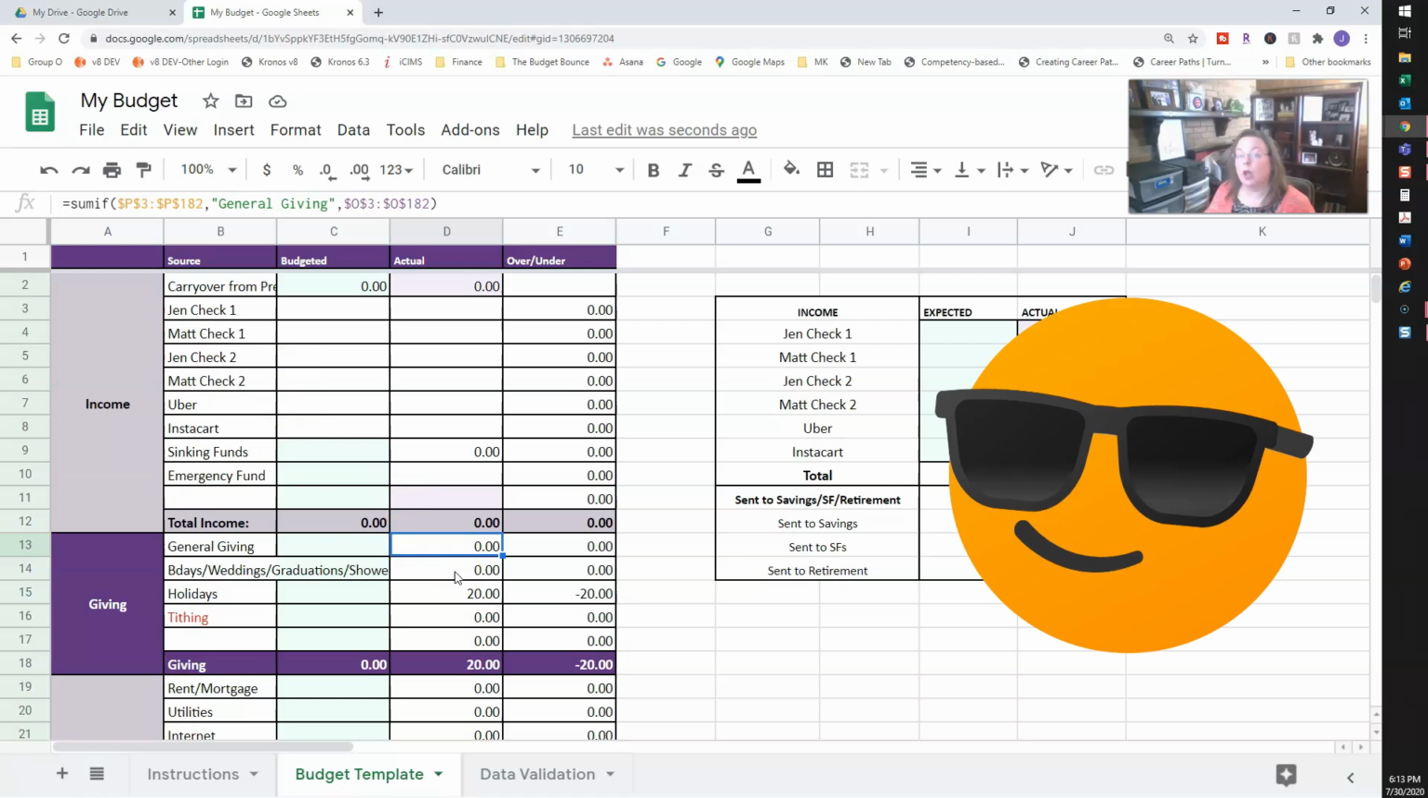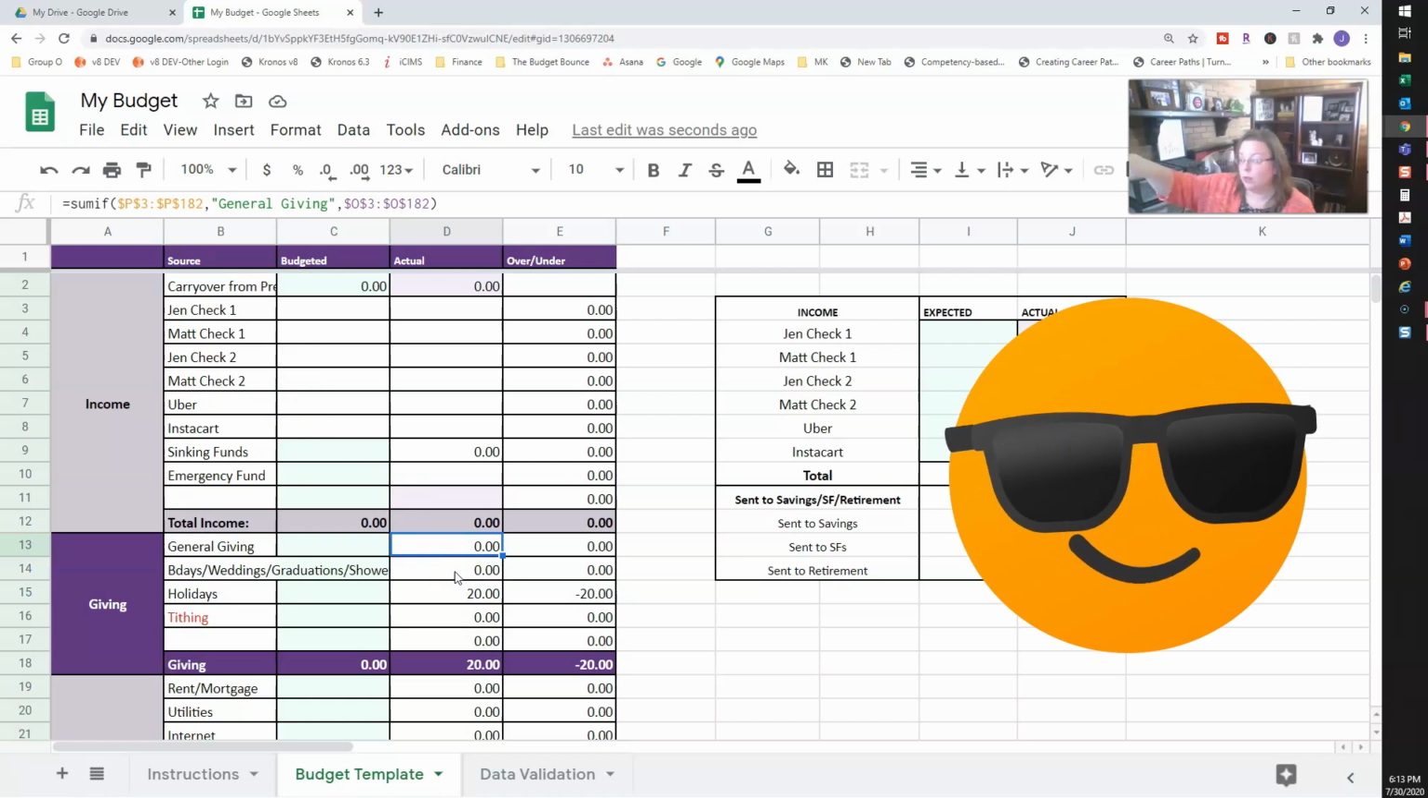This really pulls all your spending in from over in that spending category over off